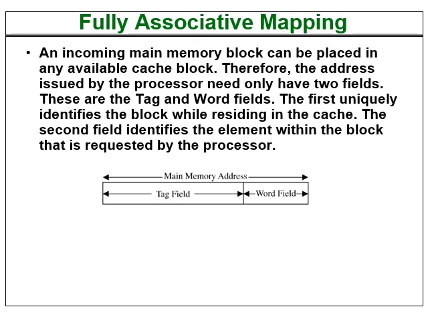As this is simply the case, the main memory address is now divided just into two parts. One is the word field, one is the tag field. Word field, once again, remember I said that this is the address of the word within the block. And the remaining bits of the main memory address are now the tag field. Obviously, the length of the tag field is going to be larger in case of fully associative mapping as compared to direct mapping.